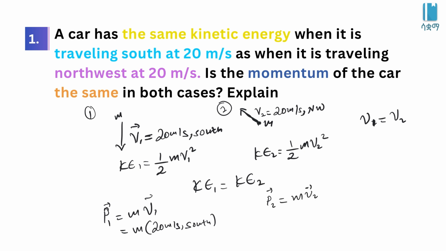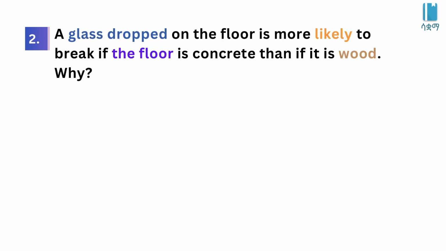So የሚለየው እዚህ ጋር ምንድነው? Mass times velocity ምንድነው? 20 meter per second ተመሳሳይ ማግኒቲዩድ ነው ግን ዳይሬክሽኑ ምንድነው? It's in the direction of north west. So የምታዩት ምንድነው? Both cases ሞመንተሙ እኩል አይደለም። So p1 is different from p2 because of what? Direction ማለት ነው። ዳይሬክሽኑ አንደኛው ሳውዝ ነው ሌላኛው ደግሞ ኖርዝ ዌስት ነው። So because of direction, in the first case እና in the second case ሞመንተሙ ተመሳሳይ አይሆንም።